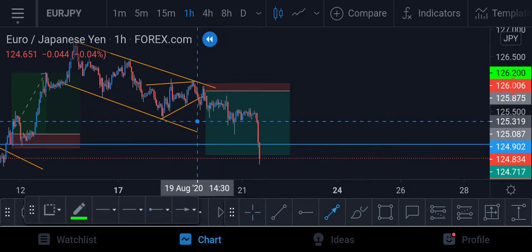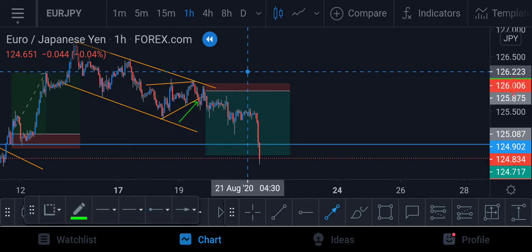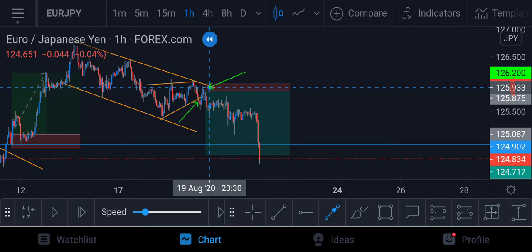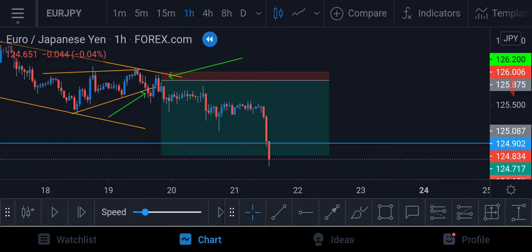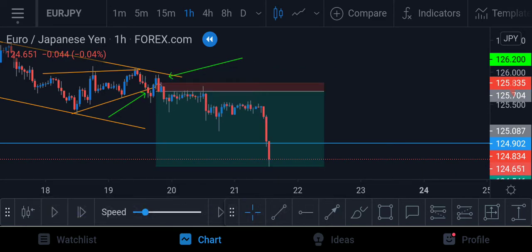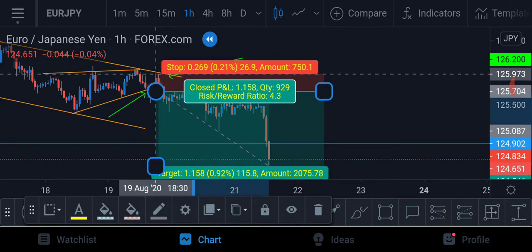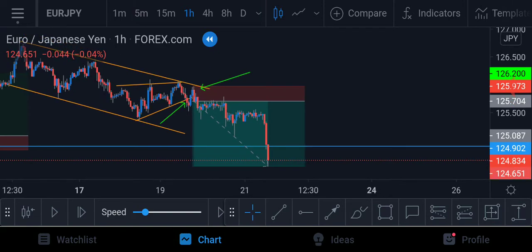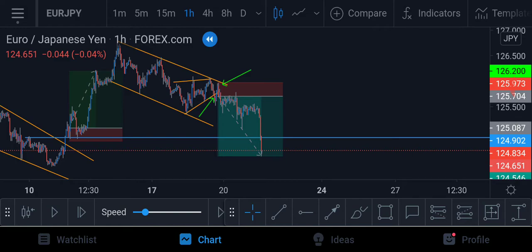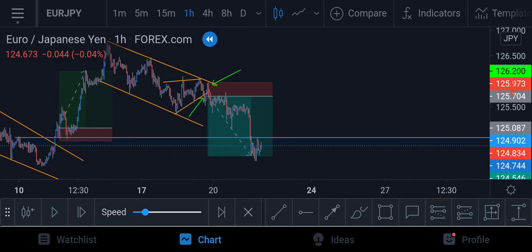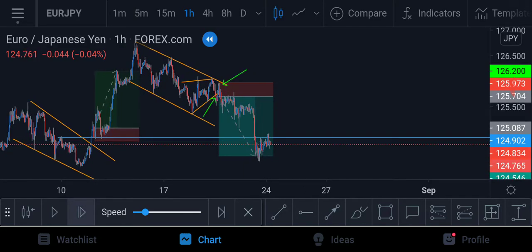In this particular setup, my first trade got stopped out here, but I entered another trade on this retest candle with a very clear bearish engulfing candle. I entered on this with the stop just above this candle, and it's running very beautifully. So I traded 3 trades, 1 stop loss and 2 take profits. Price hit our profit target. Let's wait for another trade setup.